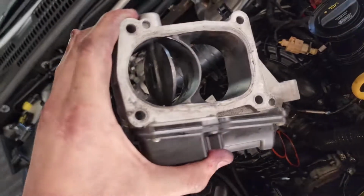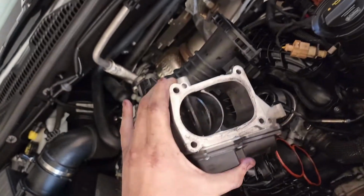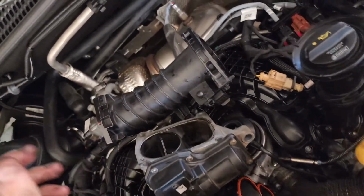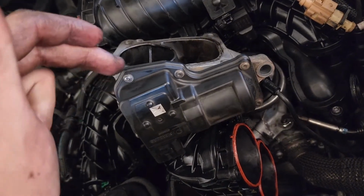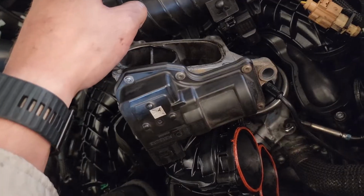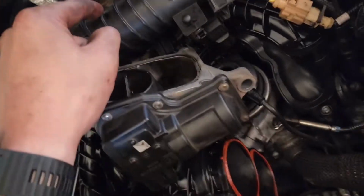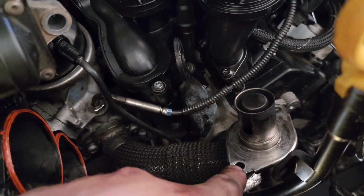Okay, once you're ready, get your new unit, which for me comes on Monday at the cost of $950. Thank you very much, Volkswagen. All it is is the reverse. Make sure that these go on first. Tighten them up so they're still a little bit loose. Do the bolts up on your EGR. Then you're going to put